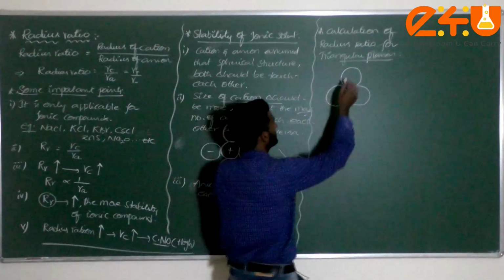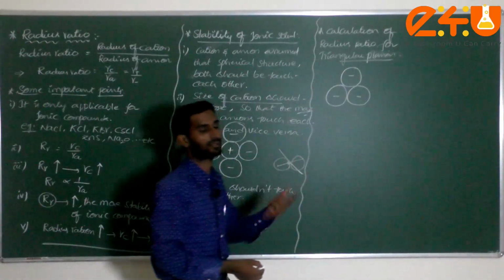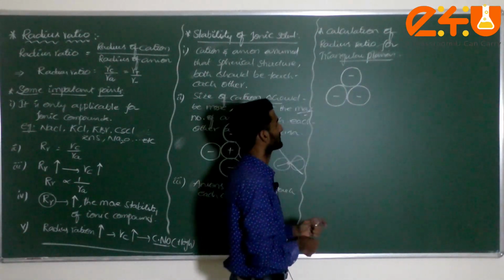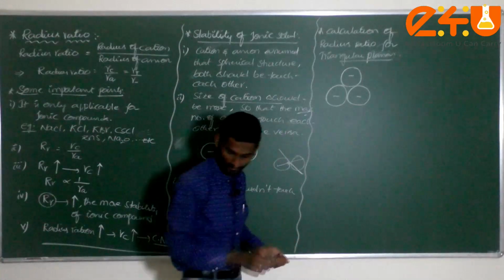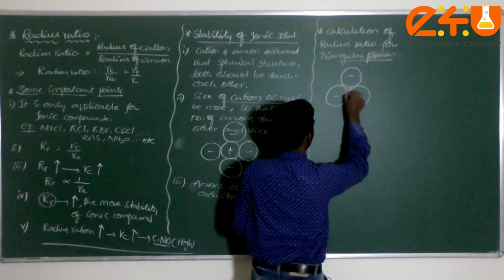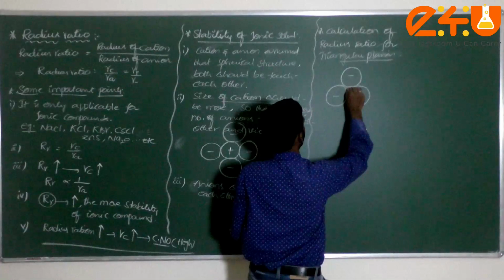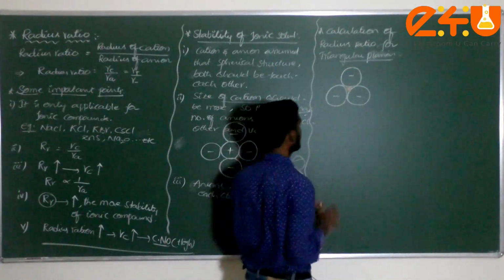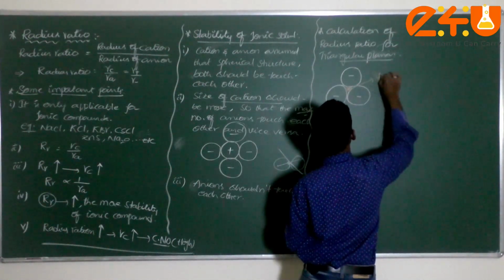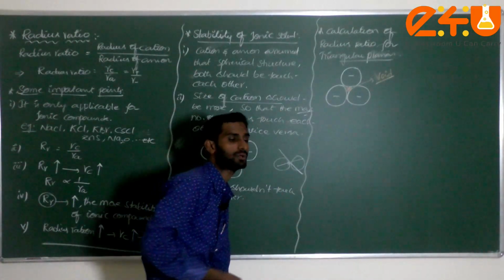Am I correct? For example, this is called the anion, this is anion, this is anion, because the size of the anion will always be more than the cation. After you put these 3 atoms here, there is some void we are observing, or not? What is that, dear student? This is called a void, an empty space. Generally it is called a trigonal void. And we can consider this is also a cation.